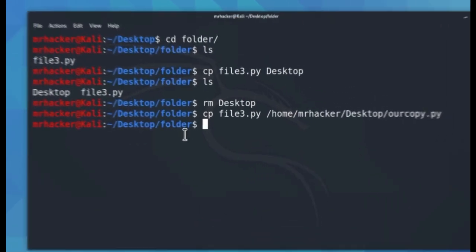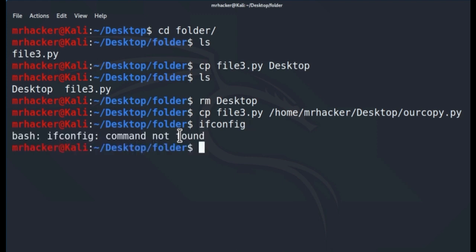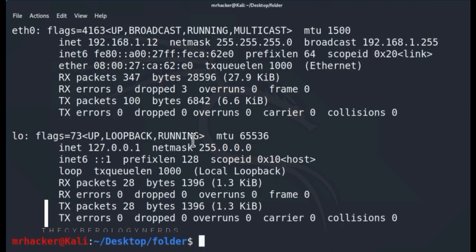Now that we got that figured out, let us talk about a few network commands that we will use a lot throughout this course. The most important command we already know is ifconfig. We use the ifconfig command to get our IP address, and the output of this command is all the network interfaces as well as IP addresses corresponding to those interfaces. If I run ifconfig, we get command not found, so we must run sudo ifconfig, press enter, then we enter our password,